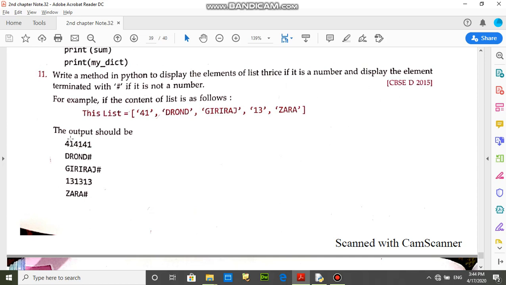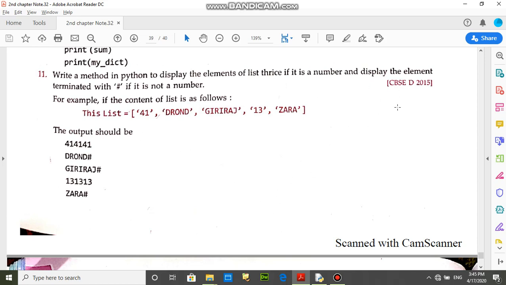Numeric values will be printed thrice and string values will be printed with hash.